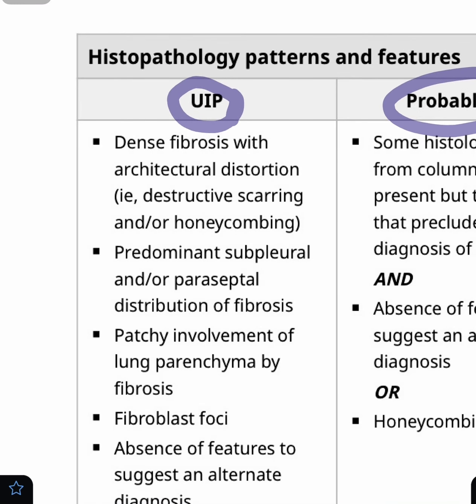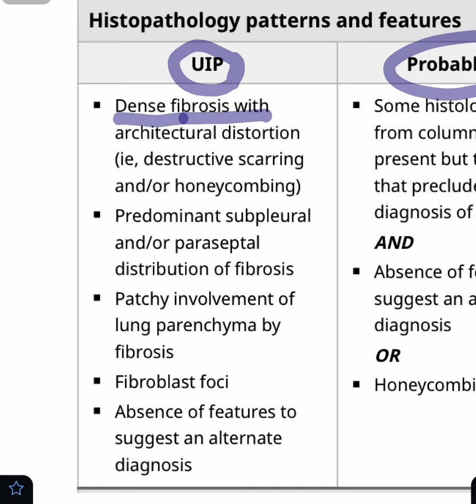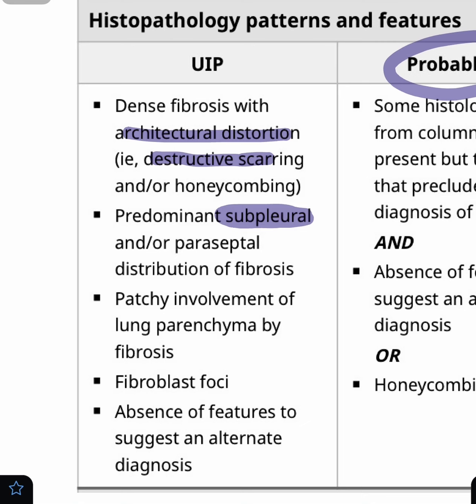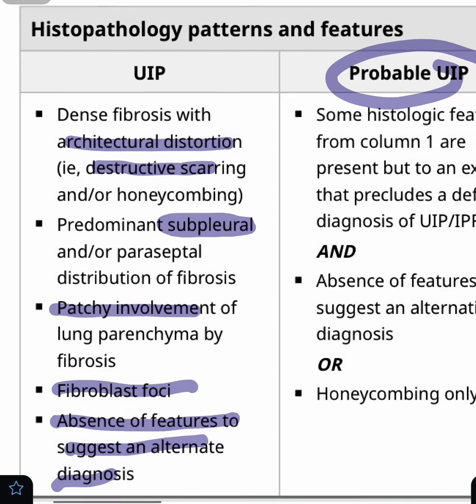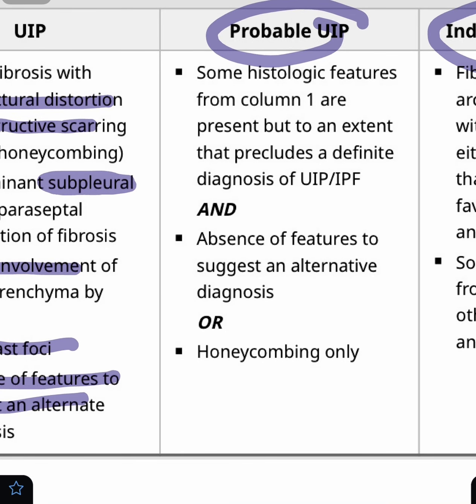UIP pattern is the pattern in which there is a dense fibrosis with architectural distortion, that is a destructive scarring, and honeycombing. So architectural distortion is the most important thing. Location, where is it? It is predominantly subpleural, patchy, with fibroblast foci and absence of features to suggest an alternative diagnosis. But if you find only one histological feature,